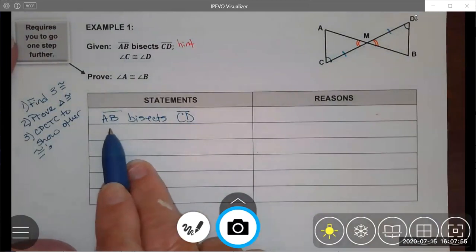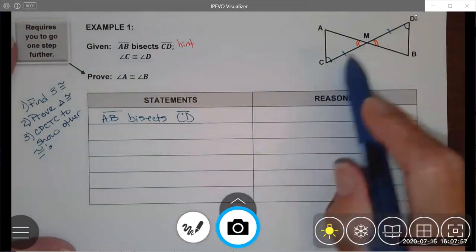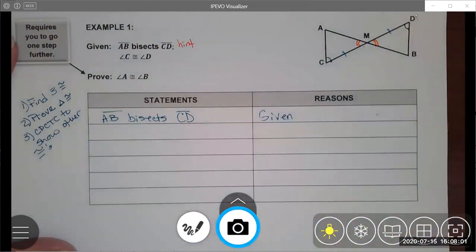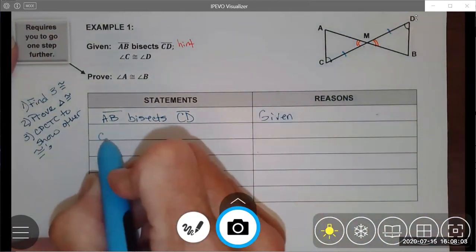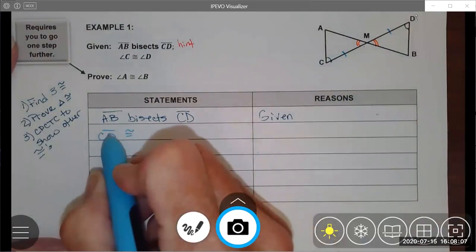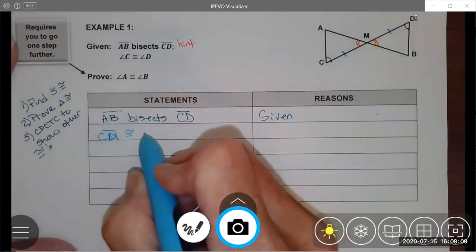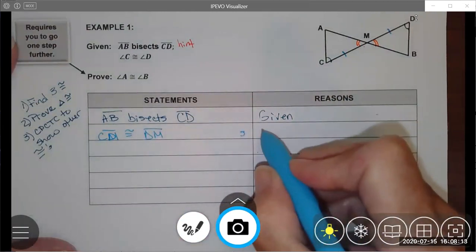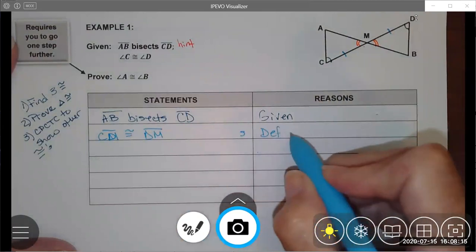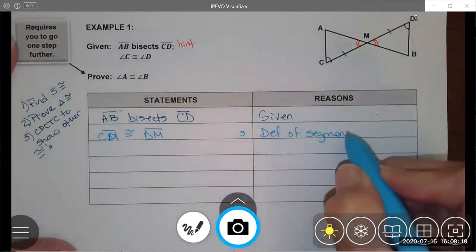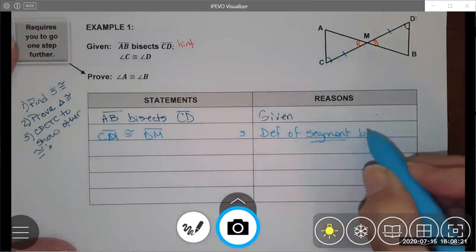AB is the segment that's doing the splitting, so I want to make sure that I'm careful there. This was given information, and from it, I can conclude that CM is congruent to DM. That is a side congruency, and I found that by using the definition of segment bisector. Important to put the word segment,